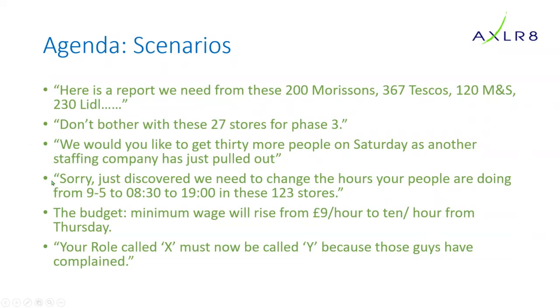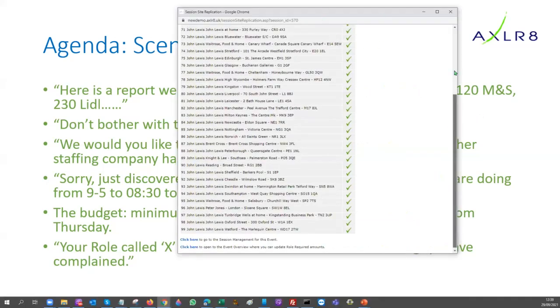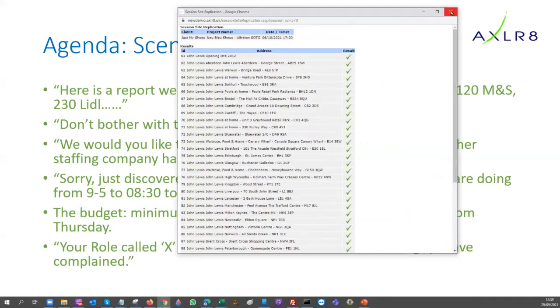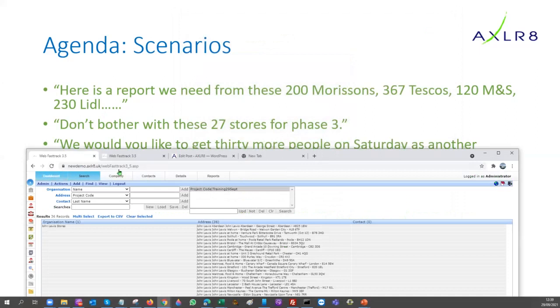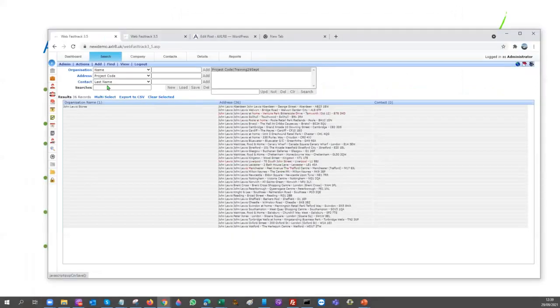Right, we're now getting on to mass change. So let me just take you through mass change here. Now, it's not the same as replication, really. So if I go back to the dashboard, we start with an event that we want to do a mass change on. Now on the John Lewis event,